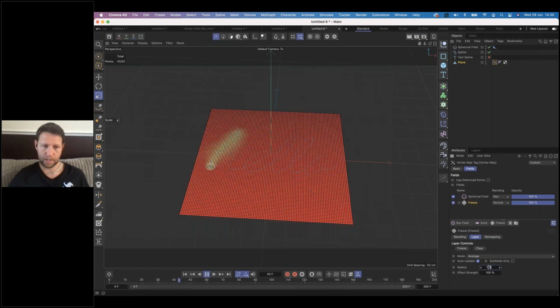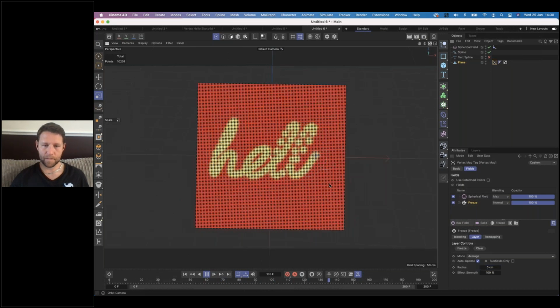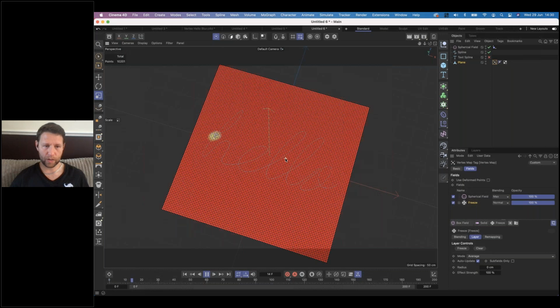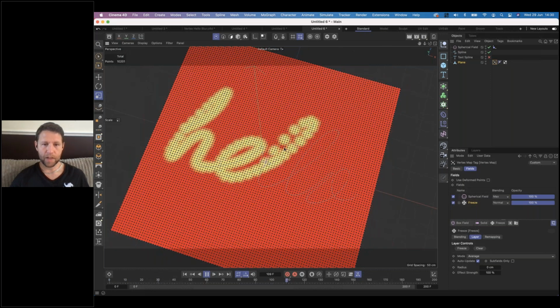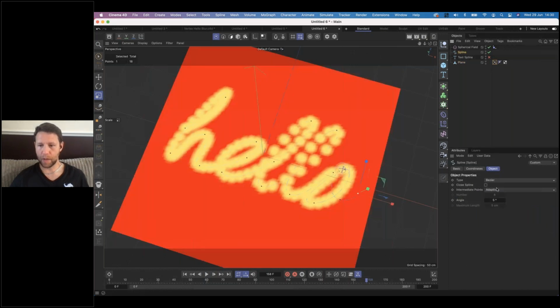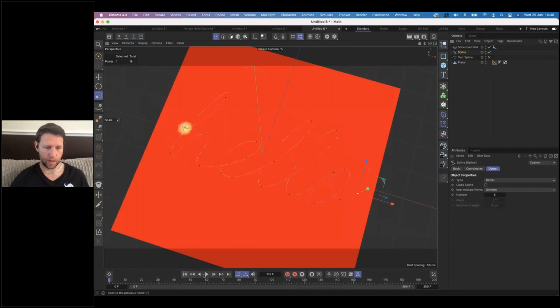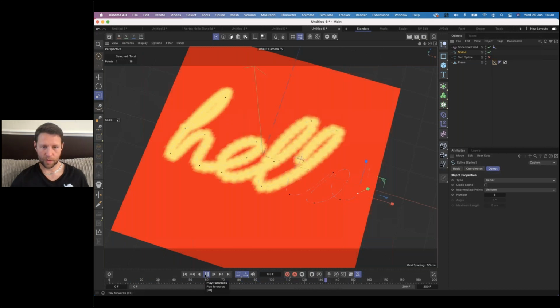So I want to lower my radius to 0, and you can see that now it sprays it on, which is quite cool, but it's a bit jaggedy, and it's also not giving me a very even flow. And the even flow is actually to do with the spline and the number of adaptive points. So how far it's got to travel around and how quickly it glances over everywhere. So I'm going to change that to uniform,